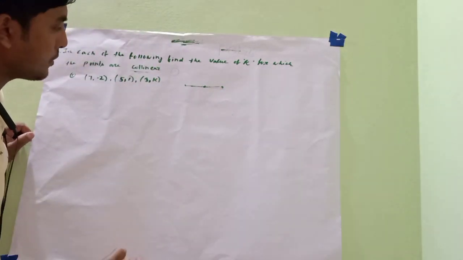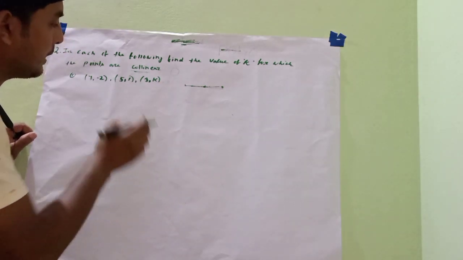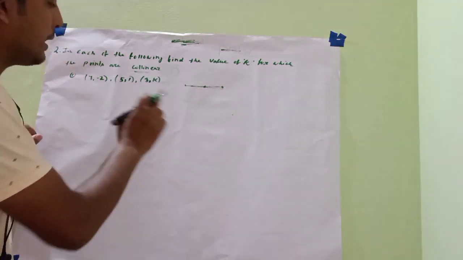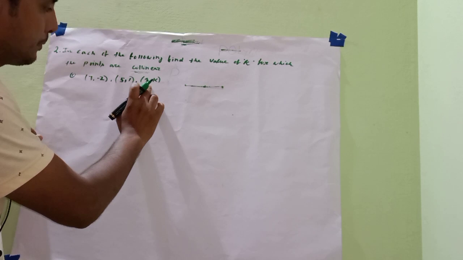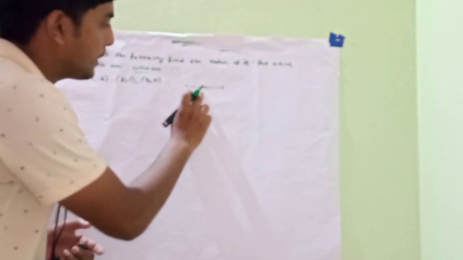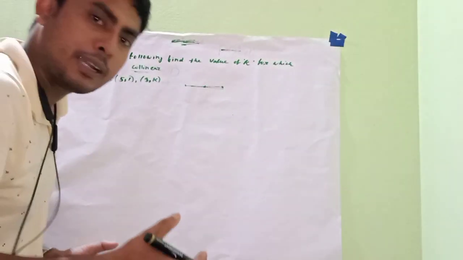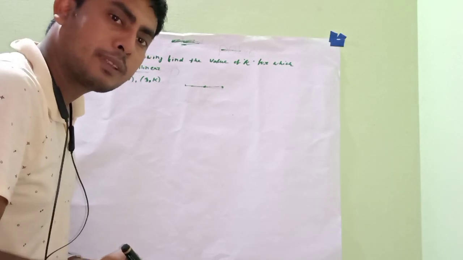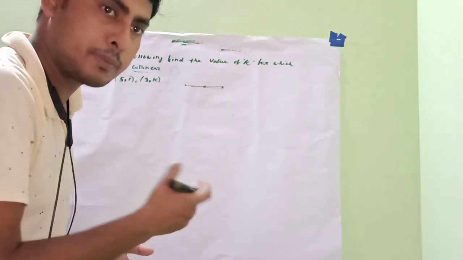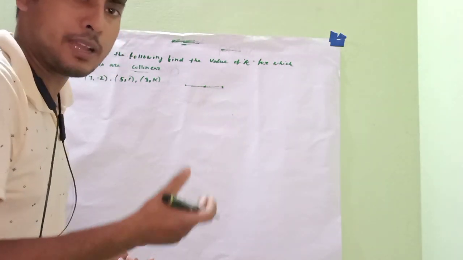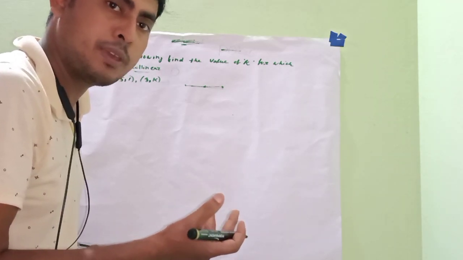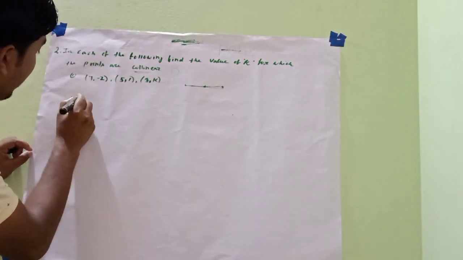See, suppose let us consider that these points form a triangle. We know that it is not possible, but suppose the points can form a triangle. If they form a triangle, then 100% the area will be what? 0, because they cannot make a triangle. But we are taking them, suppose the points are vertices of a triangle. That means the area formed by these points will be 0.